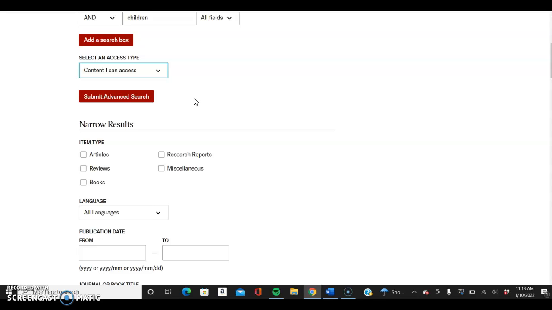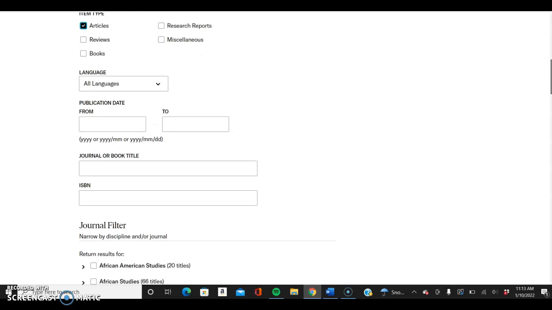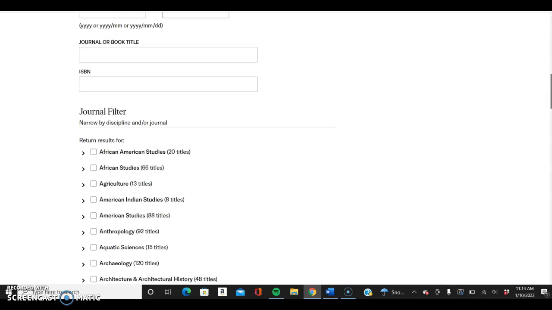So I just want to see the ones that I can get. I might as well narrow my item type to articles because I want academic journal articles.